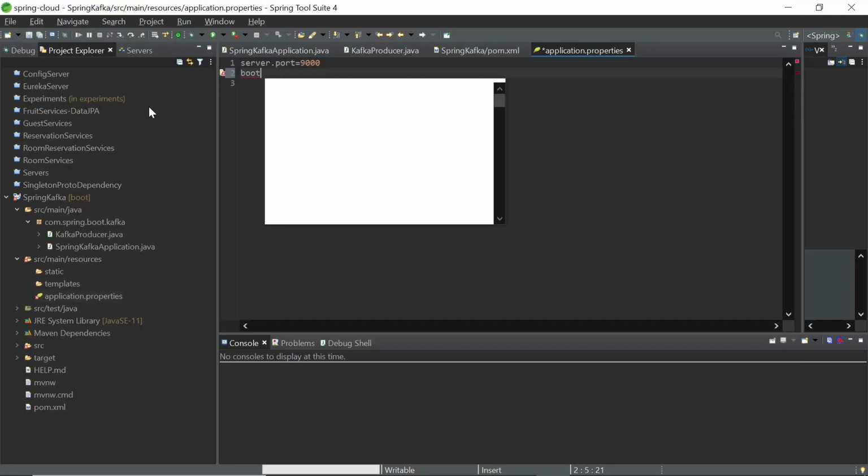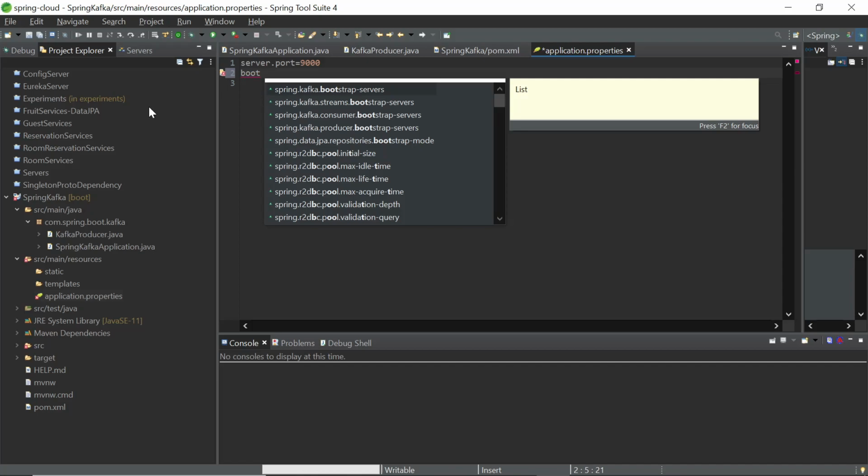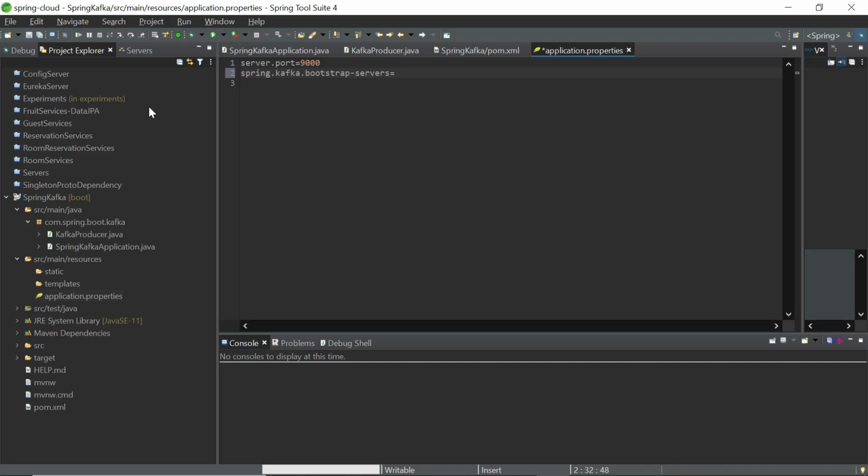So what a bootstrap server is: the server that you first connect to, and that particular server will help you connect to the whole cluster. So what do I mean by that? In Kafka, if you connect to one of the brokers, that particular broker is in turn connected to the other brokers. It's part of the whole cluster, right? So you can specify one or more brokers as your bootstrap server. You only need to specify one, but it's a good idea to have multiple values over here so that there is some kind of failover, in case the first server is down.